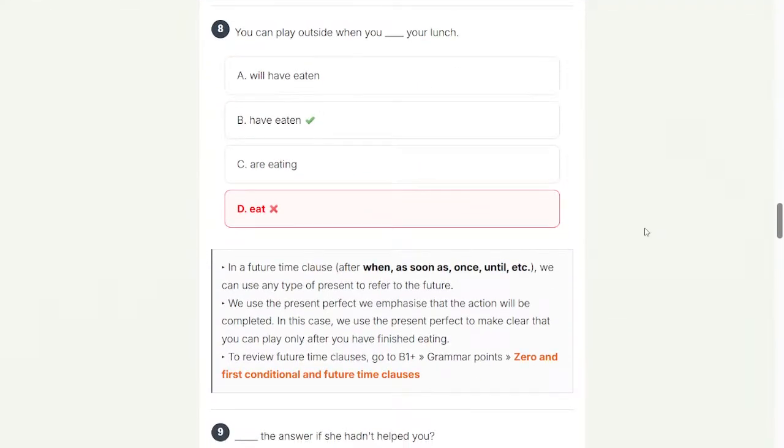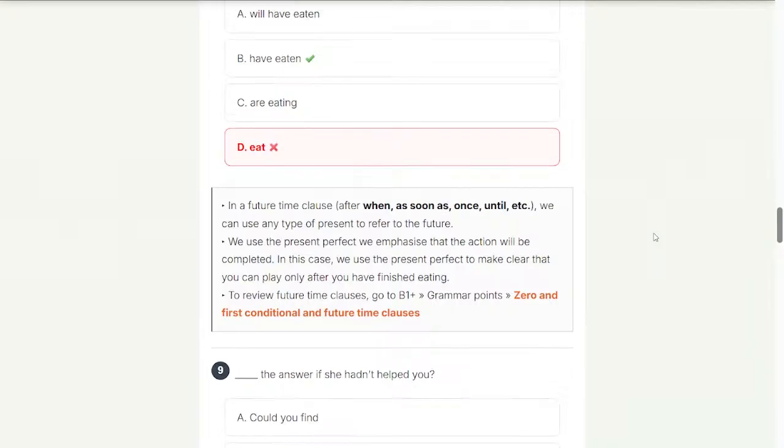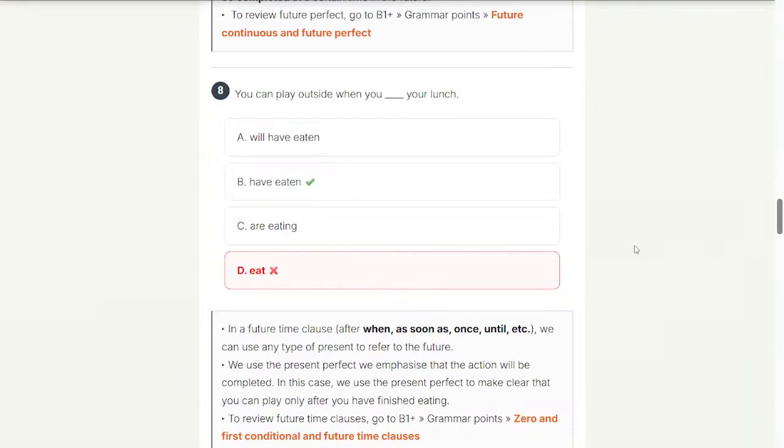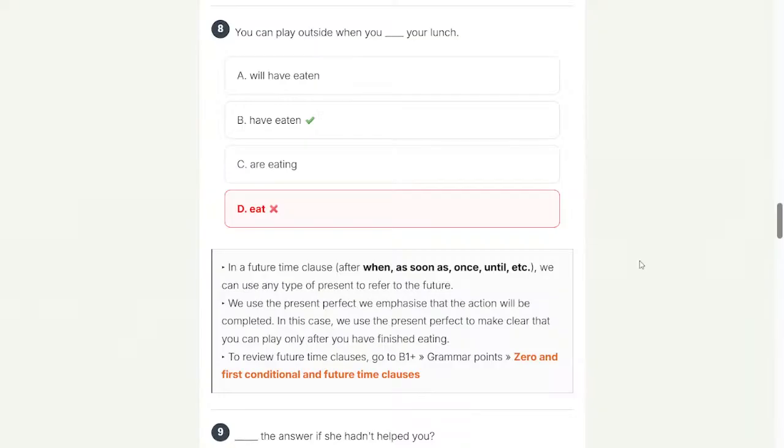So in the first conditional, we can use in the if clause any type of present, and in the main clause we can use any type of future or modal or imperative.